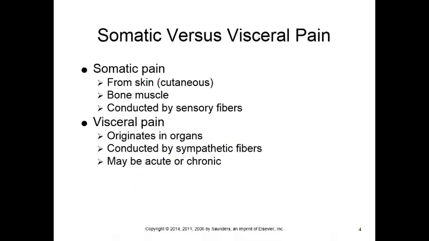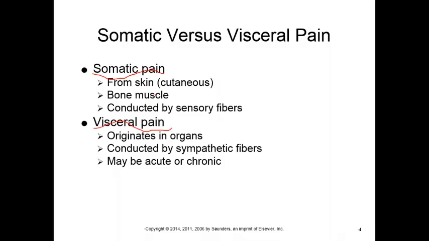We have two major categories of pain. We can categorize pain all different kinds of ways, but one of the ways we do it is somatic pain versus visceral pain. My lines are a little bit crooked, but it's okay. We can still read somatic pain versus visceral pain. Somatic pain typically deals with our skin and our appendages. If we have pain in the skin or in our bone or a muscle, it's called somatic pain. You feel the pain where it's happening.